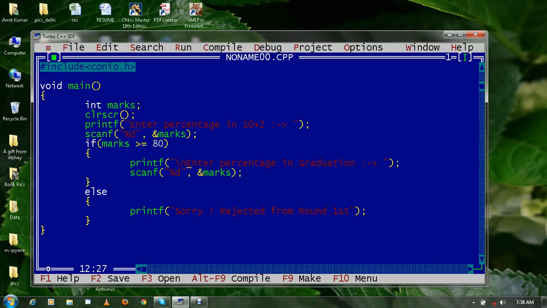And this time I have accepted the marks again in the marks variable, but this time it is accepted for graduation. Now the condition will be changed here.